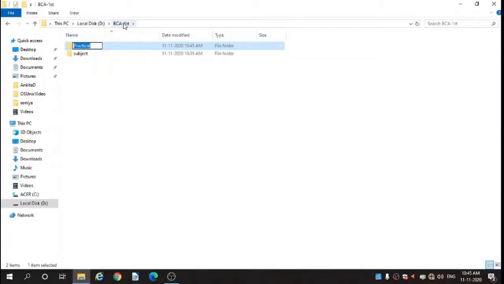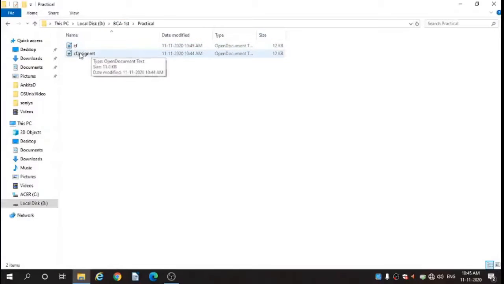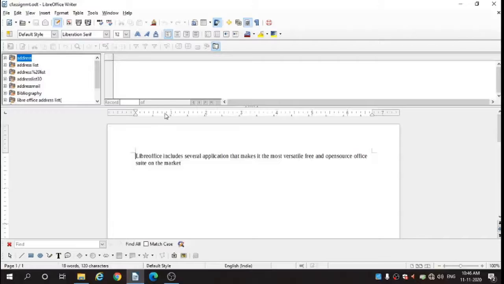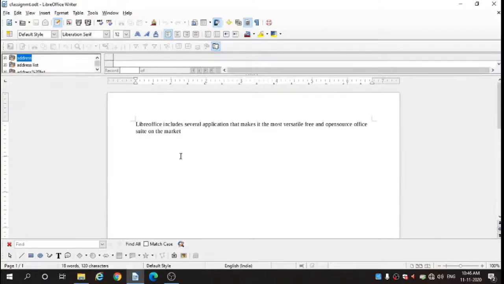In D drive, PC1, and then in the practical folder. In the practical folder, you have saved this file. So see here, again I am using, and this is your file.